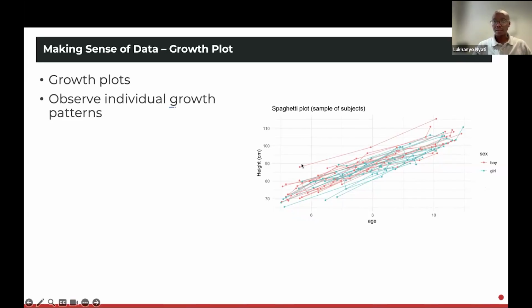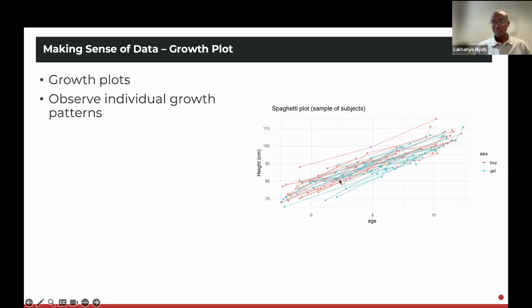For example, you can see this one particular individual is growing way above the rest of his peers. So this is a boy. He's growing way higher. His height is above that of